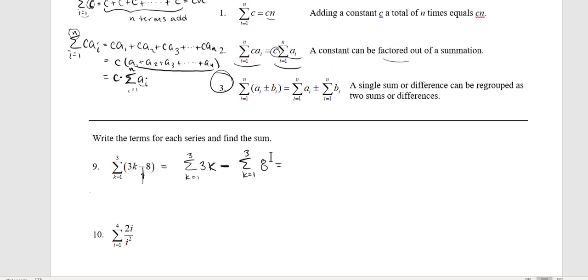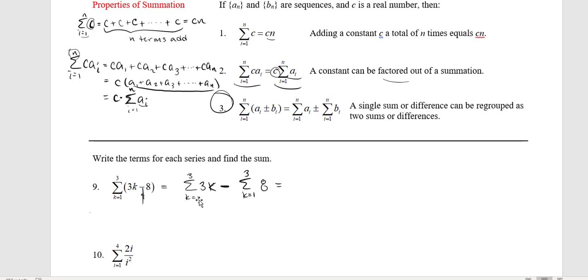And what else can we do? Well, in the first piece, we do have a term that depends on k. So that's like our ai up here, dependent on i. But we've got a number 3 multiplied on that term that depends on k. Here's a k variable involved. So that thing's like our ai, but here the c, that's like the 3 multiplying. We know that can just be factored out. Something independent of your index variable k can be factored out, just like it would from a regular sum. So we really have 3 times